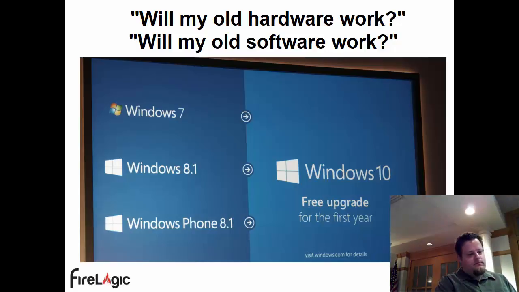The Windows Store is where we can get the new style called Universal Apps. If you use an iPhone, you go to the App Store. If you use an Android, you go to the Google Play Store. If you're on a Windows 10 device, you now have the option to go into the Windows Store to get